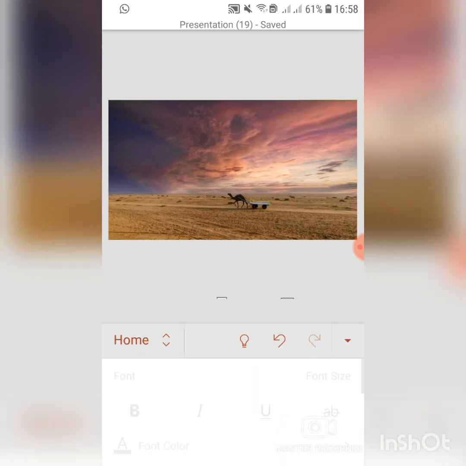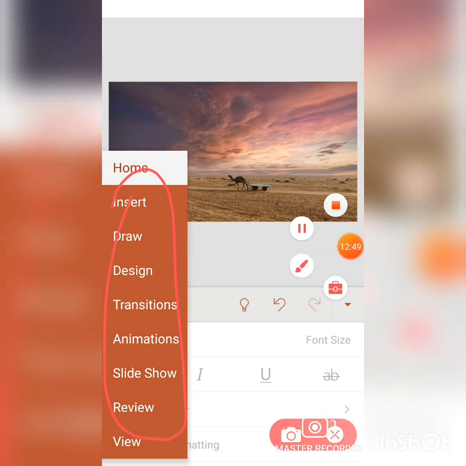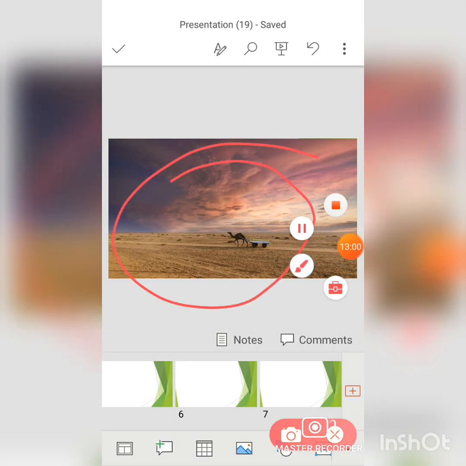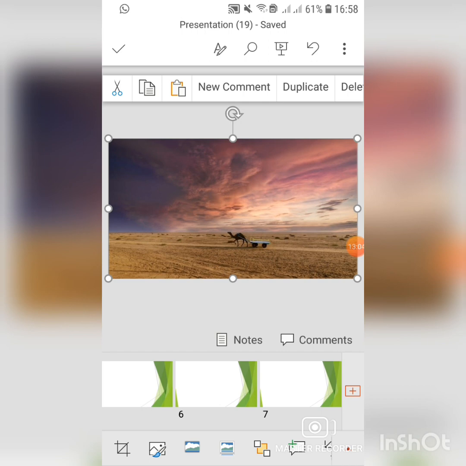In the next video I am going to tell you to use these more. I'll tell you how to add transitions, animations, and one thing more, how to edit a picture, getting this picture in different forms. Like I can give an example by editing it.